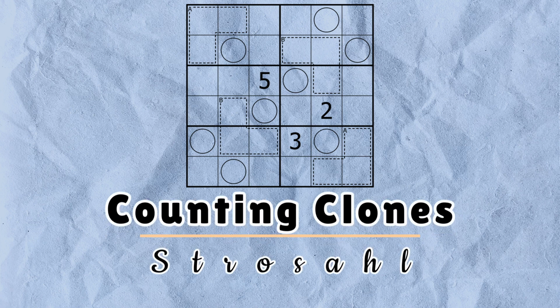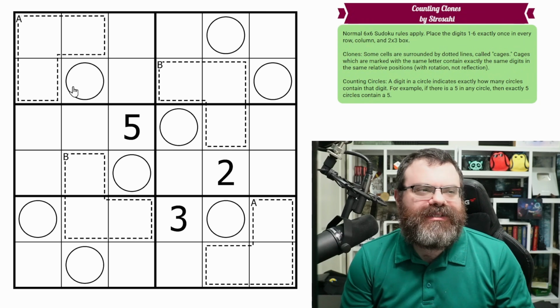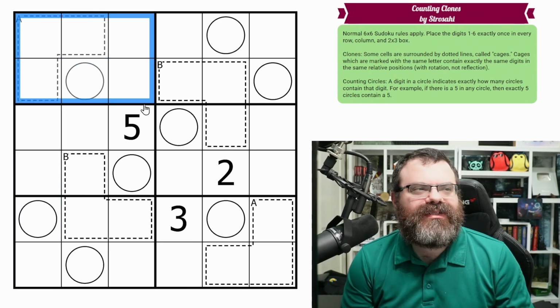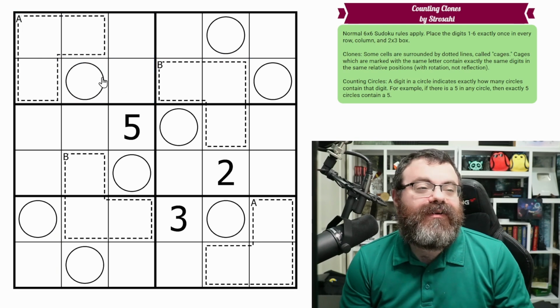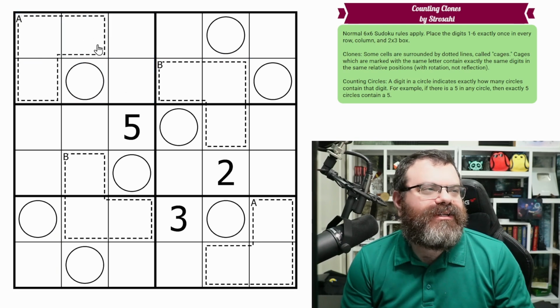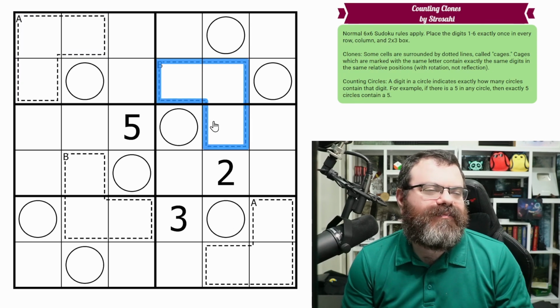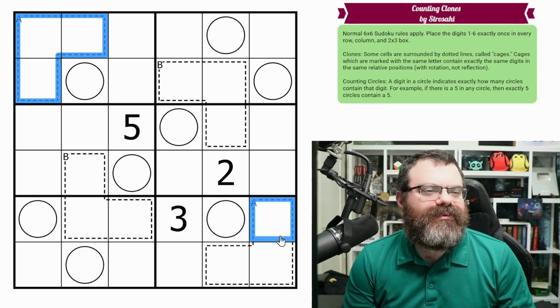Hello, let's continue our Sudoku adventure with Counting Clones by Strosahl. So, we have normal 6x6 Sudoku rules, so in each row, each column, and each 2x3 box, we are placing the digits 1 to 6 exactly once each. We also have clones in the grid, so the cages designate our clone areas. So this is the A clone, and this is the B clone. They're just labeled. So whatever goes in the A clone,